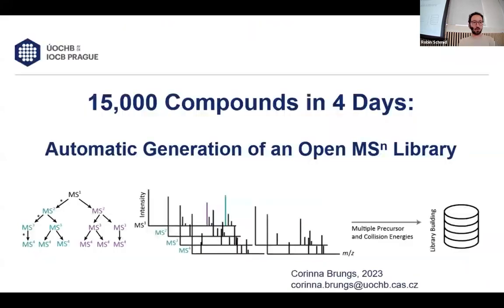Let's see. Okay, so I hope that I don't bomb it. So in this project, we're trying to streamline the whole process of how we build reference data and how we share it. The idea is that in all the labs around the world, we produce data over data. And of course there's massive amounts, and there are repositories where you can put raw data, and that's very useful to me because I can search in that data and try to find this one spectrum that looks very interesting to me. I can find it in your data, maybe even reach out to you,